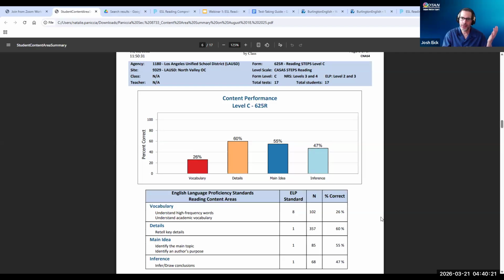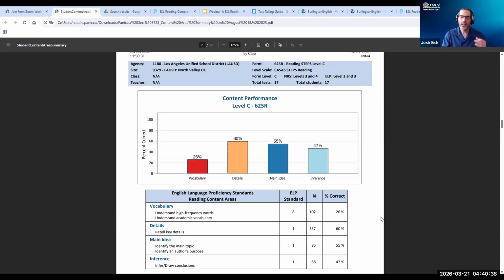So you have to combine those two factors: what percentage did students get correct, and how many questions are there in those categories, and put those factors together when making a decision on where to focus. And you don't have to focus on one area. You can focus on as many areas as you think are applicable.